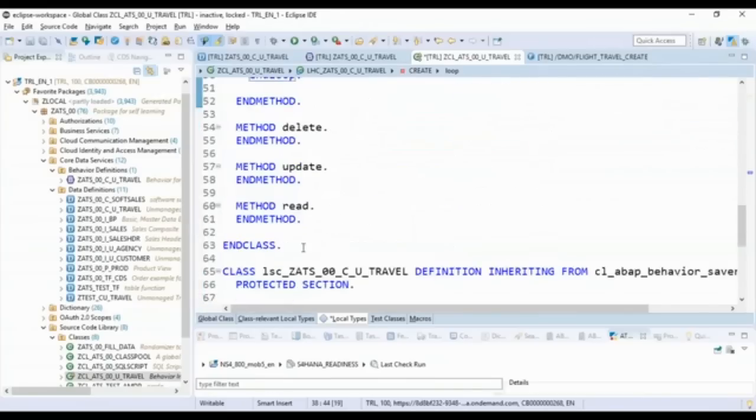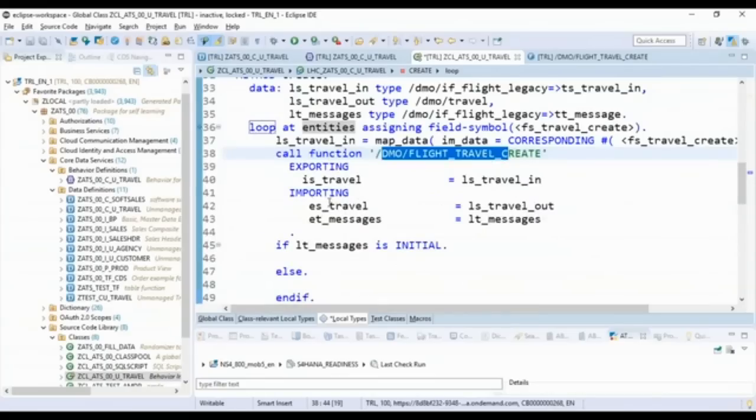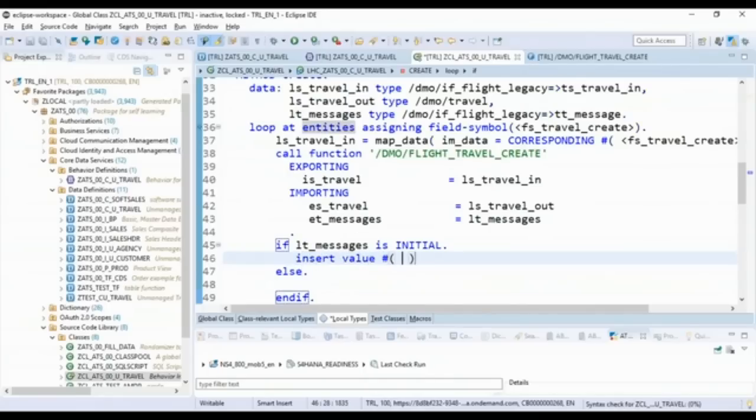Okay, if you do not write commit in the save sequence below, it's an auto commit. That will also happen. But let's come back and complete this. So if LT message is initial, which means my data is created, I'm going to insert the value and prepare my response back. I also have to tell the framework, hey, this is the instance I saved